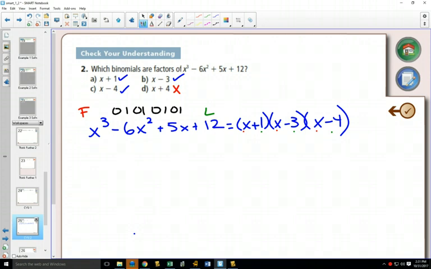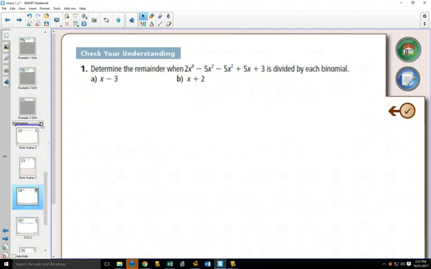I would never try x plus 7, because 7 as a last number never works out to be part of 12. I might have tried x plus 6, because 6 is a factor of 12. I might have tried x minus 2, because 2 is a factor of 12. So the factor property, which is on the bottom of the page after this example,